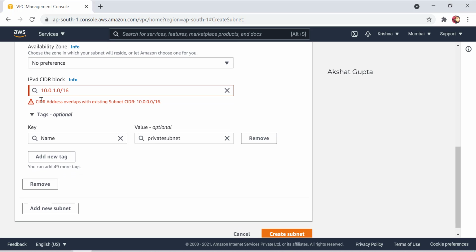What it shows is that the CIDR overlaps with the existing one. Let me put 0 here, or keep one here. Now it says it is not within your CIDR address. So if we are using the same CIDR range, you won't be able to create another subnet.